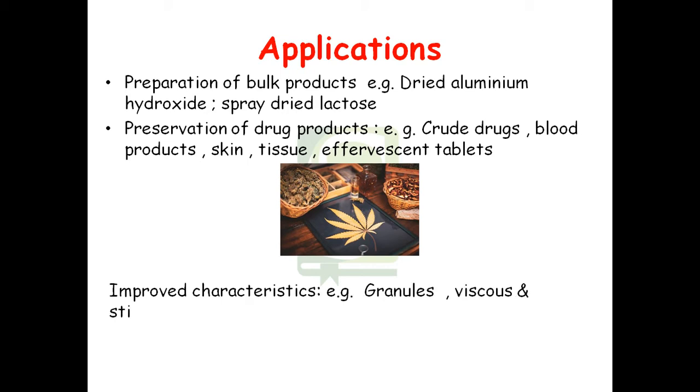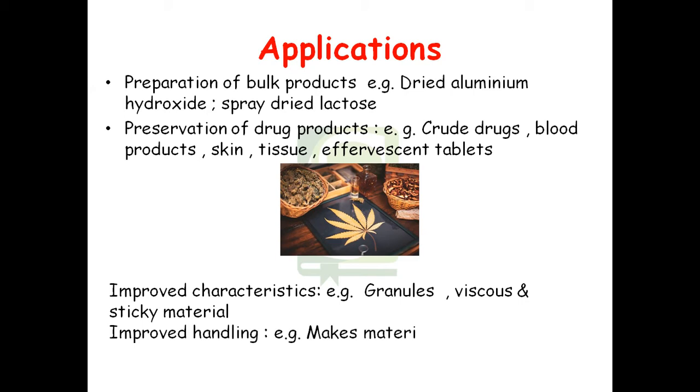Drying produces materials of spherical shape and uniform size, which are free flowing and have enhanced solubility. Some important characteristics are, for example, when granules are dried, the fluidity and the compression characteristics are improved, and these are very essential parameters for production of tablets and capsules.